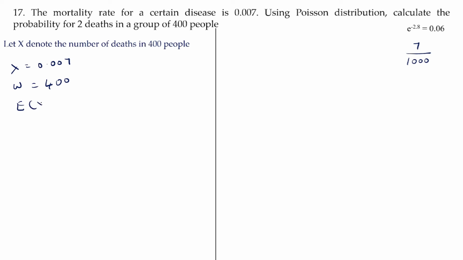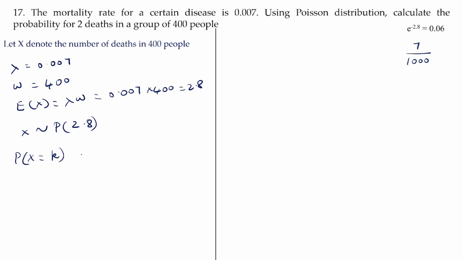So we have expectation of X as lambda into W. It is 0.007 into 400, which is 2.8. So here X follows Poisson distribution with parameter 2.8. Now let us write the probability distribution for X. Probability of X is equal to K is given by e raised to minus 2.8, 2.8 raised to K upon